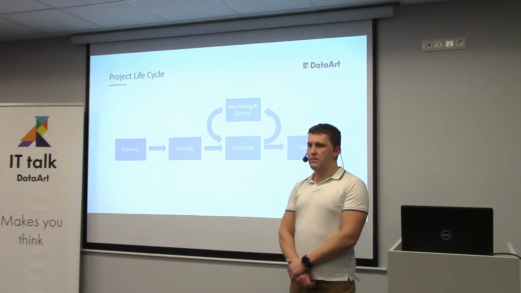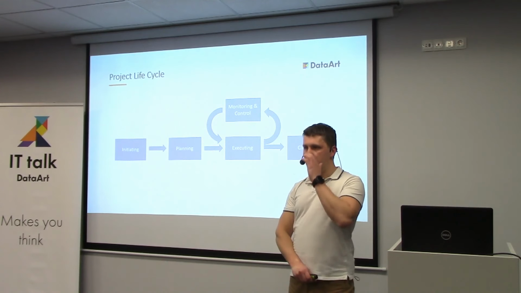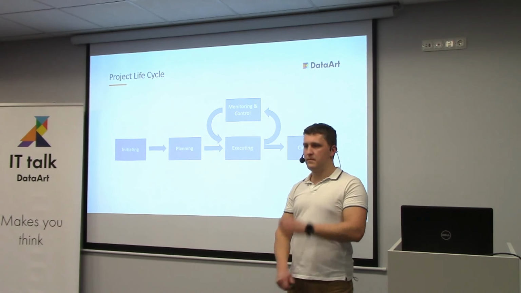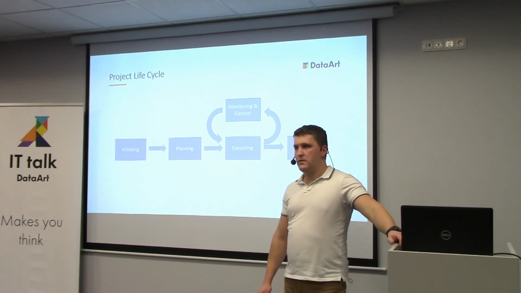That's how it's constructed. Of course, we can argue whether PMI agrees with this or not, because PMI also has the ACP, which is also Agile, but the key thing in Scrum is that you can replan every sprint if you need to. In regular approaches, basically Waterfall, you do not do that. You have your design, you work for a year, and then you come back with something. Monitoring and control allows you just to keep on track, but it doesn't allow you to change the scope of the project.